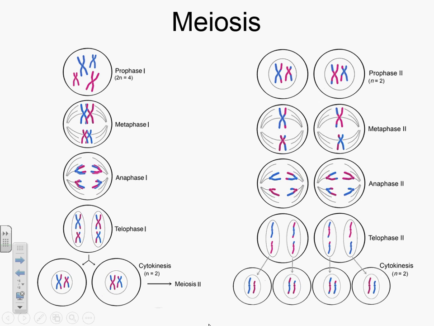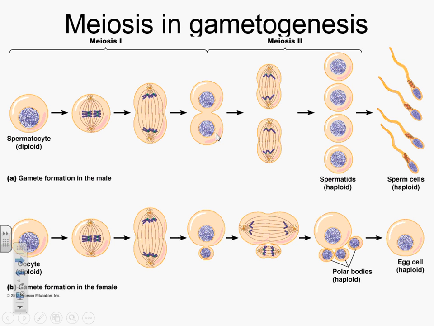Now, in terms of where this actually fits in, meiosis is part of making gametes. I would quite like that to be a bigger version. What I probably should have done for your handouts was print them half-sized rather than three to a sheet with note spaces. But if we are looking at formation of sperm cells, that's very straightforward. A cell in a testis